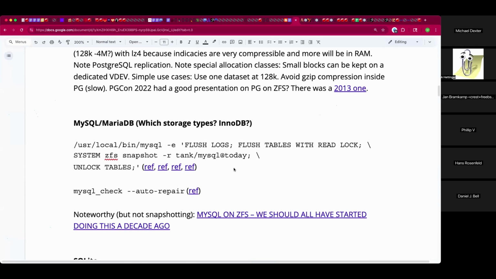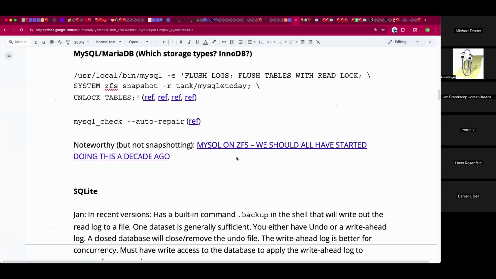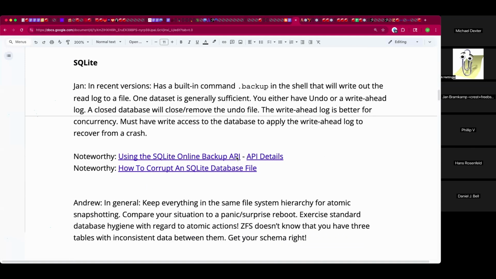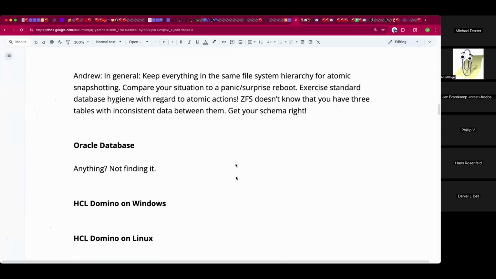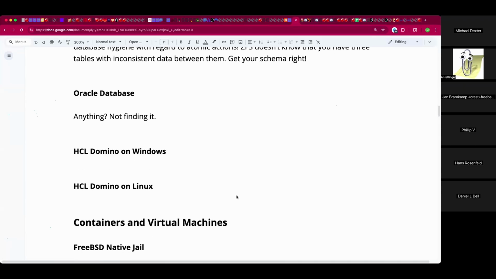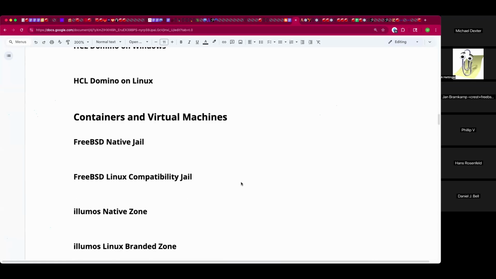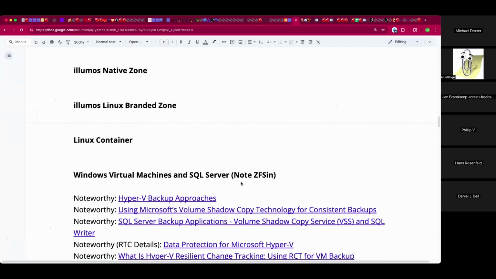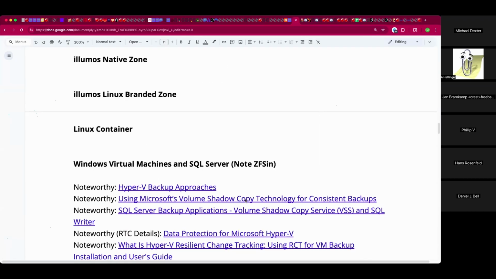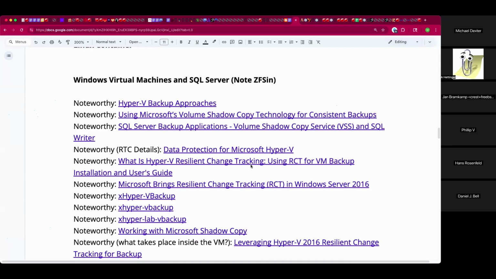And so here were some things on the flush of MySQL and SQLite, and let's see, I get into just Windows more trivial stuff. I did some search and couldn't find anything for Oracle. Don't ask me why I was looking for Domino on Windows and Linux. Looking at you, Andrew. And I just sort of framed it out there, because I had enough notes on the databases and Windows. Gee, here we go, the Windows strategies, to answer your question. Oh, that's awesome, Philip. Nice.